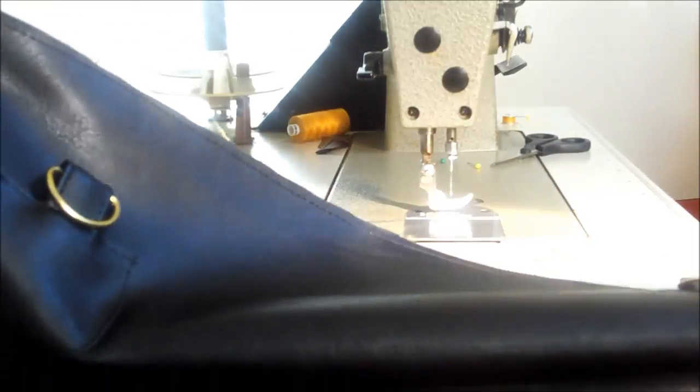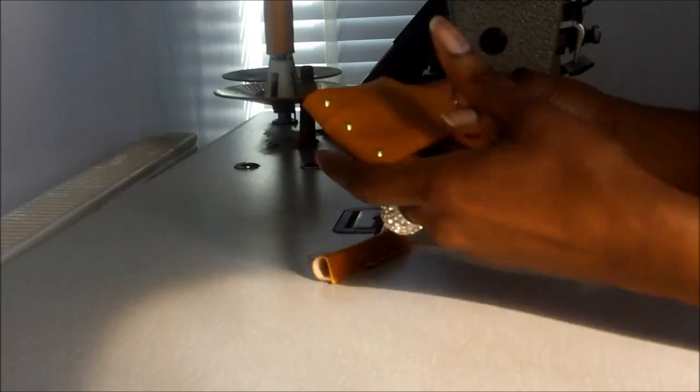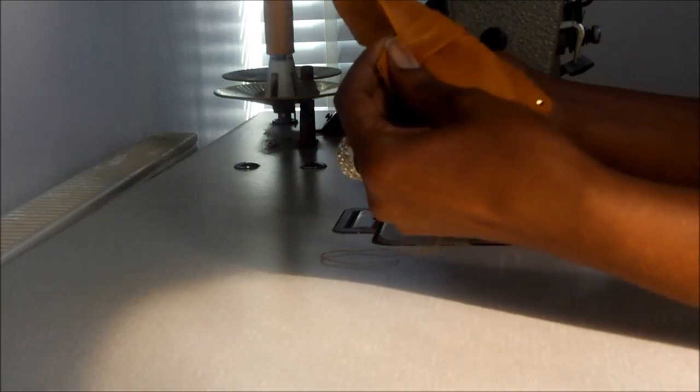So now I've got all my straps on. This is what it's looking like. And I've got it on both sides. Remember, this is my base of the bag. My next step, I'm going to make a bow that's going to sit here. Now once you've got your bow looking like this, I want to achieve the bow so it looks